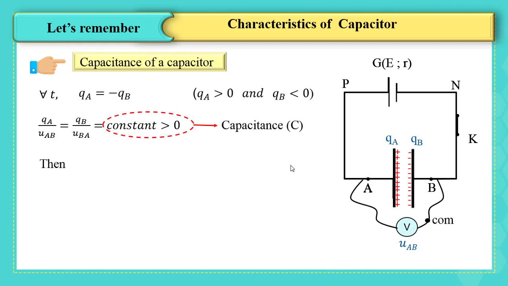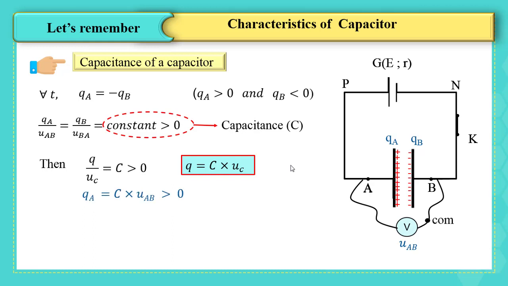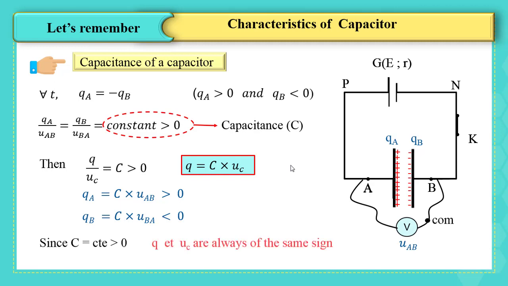Then Q over UC equals C, which is greater than 0, and the relation between Q and UC is Q equals C multiplied by UC. But QA equals C multiplied by UAB, which is a positive value, while QB equals C multiplied by UBA, which is a negative value. And since C is constant always and positive, Q and UC are always of the same